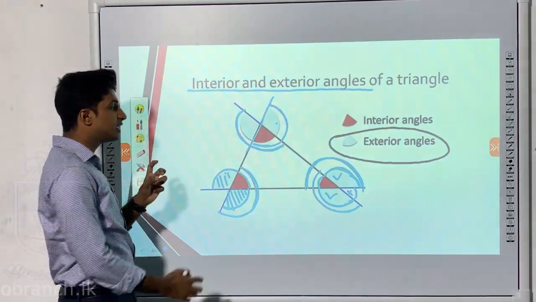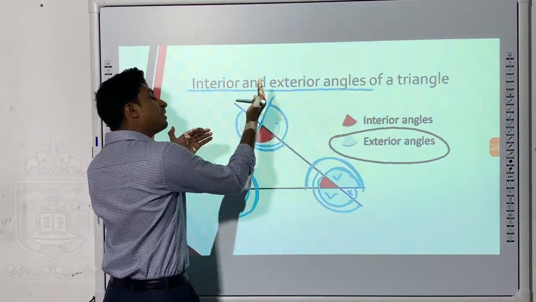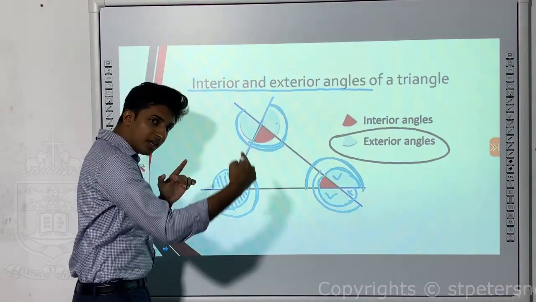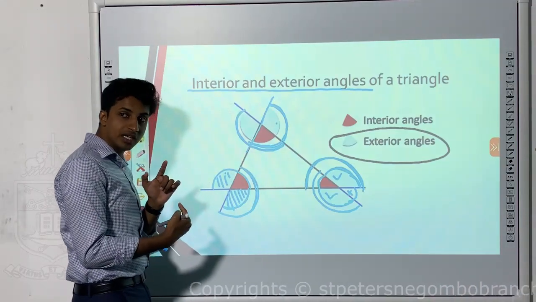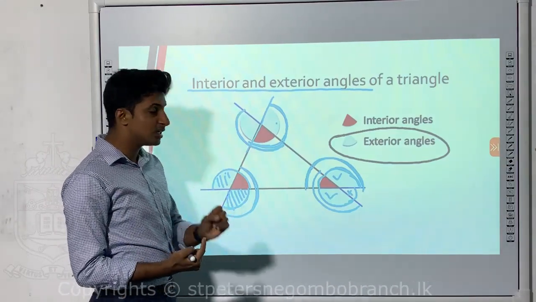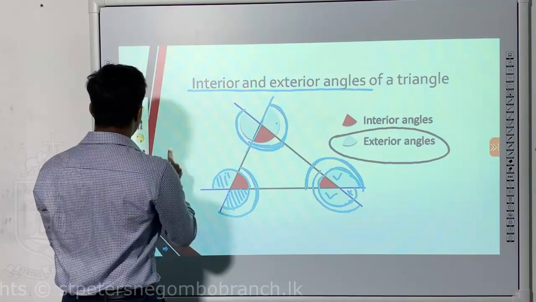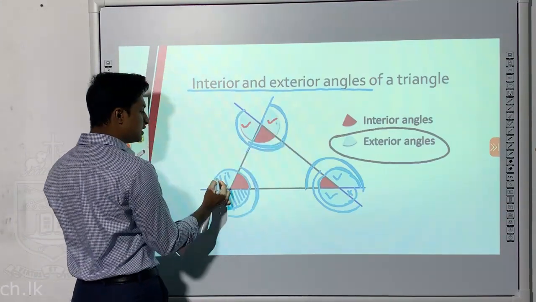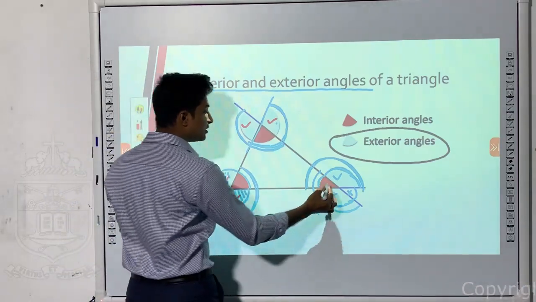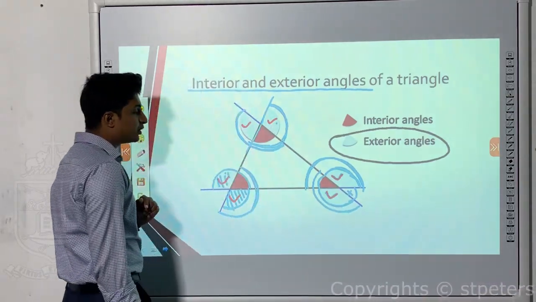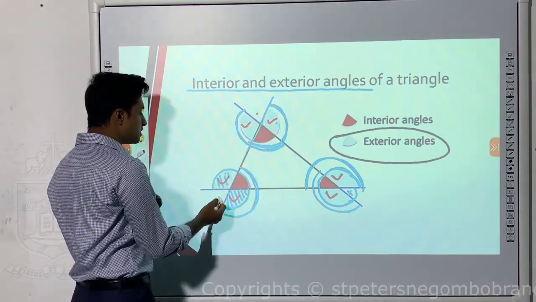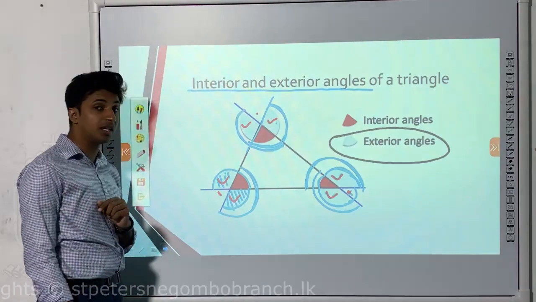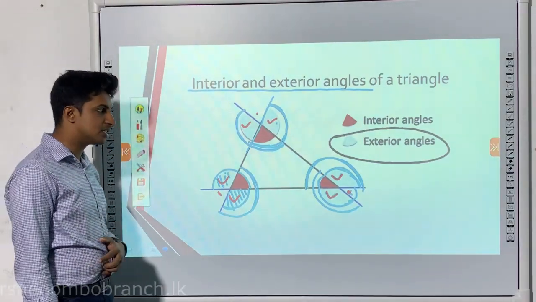So always remember, the interior angle and its relevant exterior angle need to be on a straight line. They are forming a 180-degree angle with each other. That is how we conclude that this is an exterior angle. So if I consider this diagram, this is an exterior angle, this is an exterior angle, this is exterior, this is exterior, these two are also exterior. But you cannot take this gap or this gap or this gap. Those gaps cannot be taken as exterior angles.